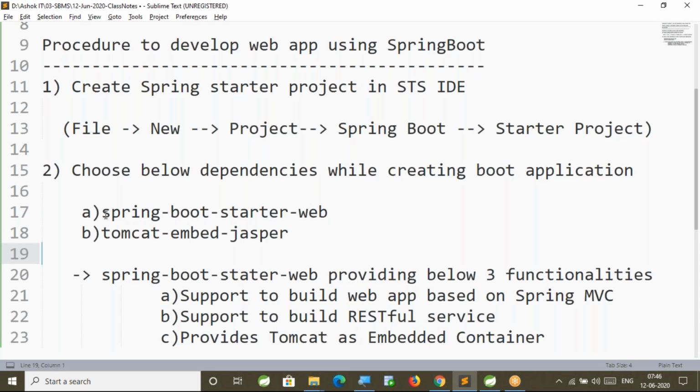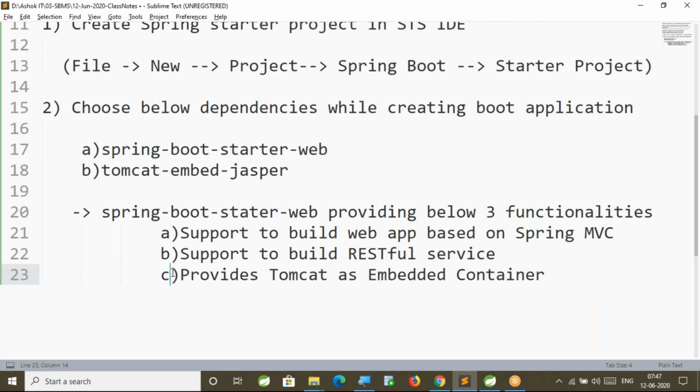And along with those two functionalities, it is providing one very important feature, that is the embedded container. By default, it is providing Tomcat as an embedded container. That means you need not set up a server separately to run our web application.